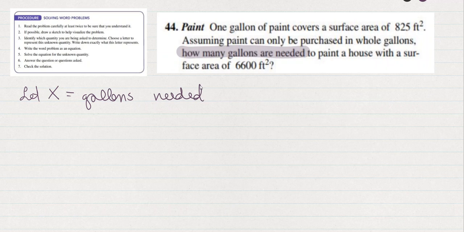So that's step number 3. Identify the quantity that's being determined. Choose a variable, a letter to represent it, and write down exactly what that letter represents. So this number 3 here is shown here. Let X equal the gallons needed. And now step 4, I'm going to write out a